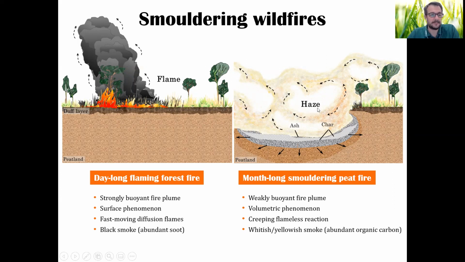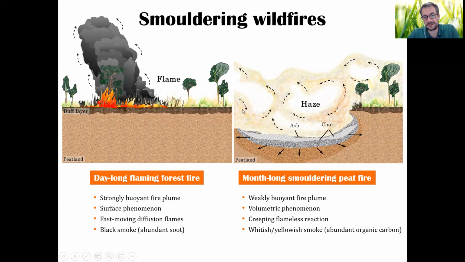Just be mindful that my research group at Imperial College is called Hazelab, originally in reference to this haze that is produced by many peat fires. This smoke is a different color. It doesn't have as much soot. It's not black, it's more whitish or grayish. And it has a very complex mixture of chemicals inside, even nastier than the one in the flame.